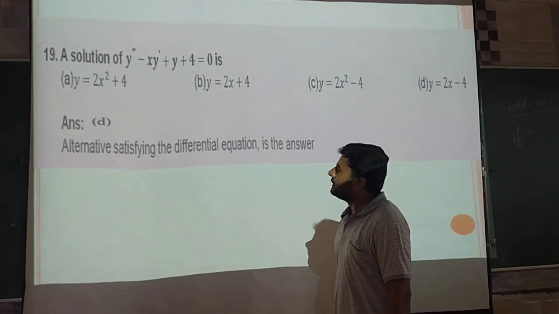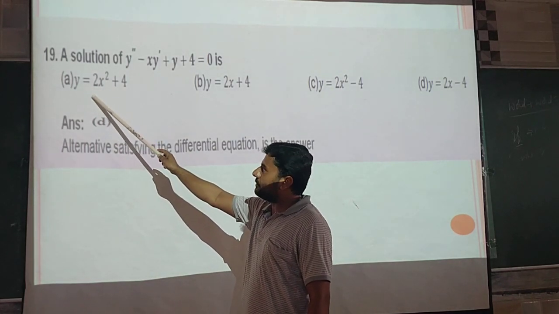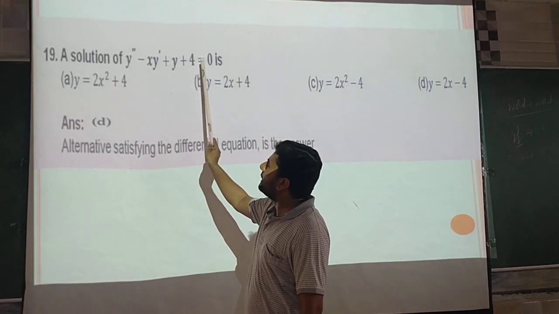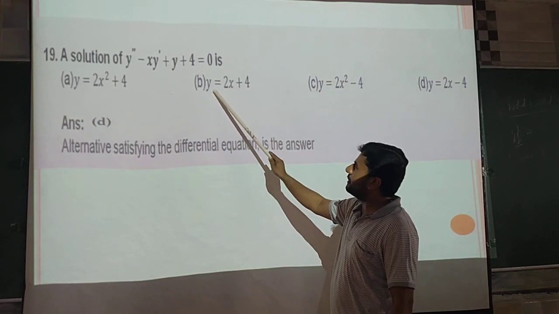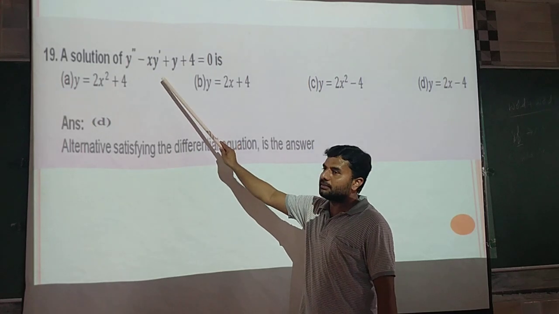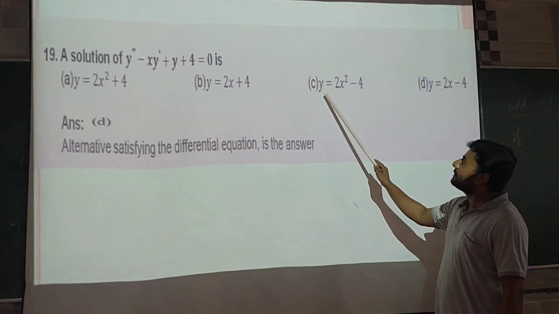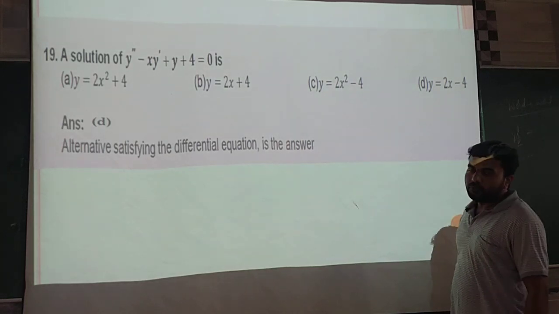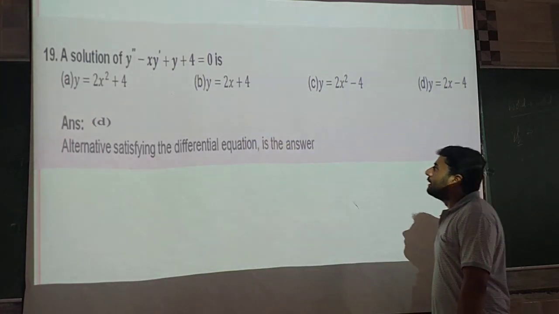First, differentiating the first option, y dash becomes 2 into 2x, that is 4x, and differentiating y dash again, y double dash value is 4. Applying these, LHS is not equal to RHS. Then the next option is also the same: differentiating y gives y dash, differentiating y dash gives 2, and the y double dash value is 0. So hence LHS is not equal to RHS. Okay, next one, y is equal to, differentiate this also, y dash is equal to 4x, y double dash is 4. Applying this also, LHS is not equal to RHS.